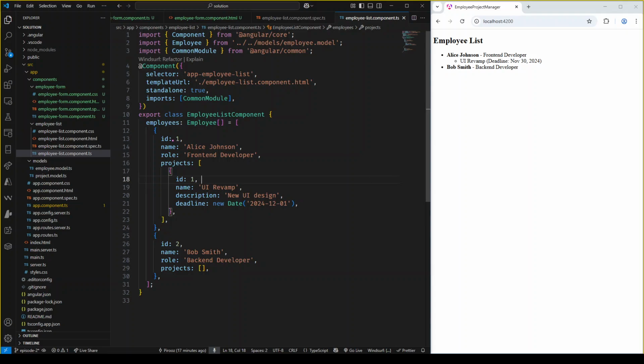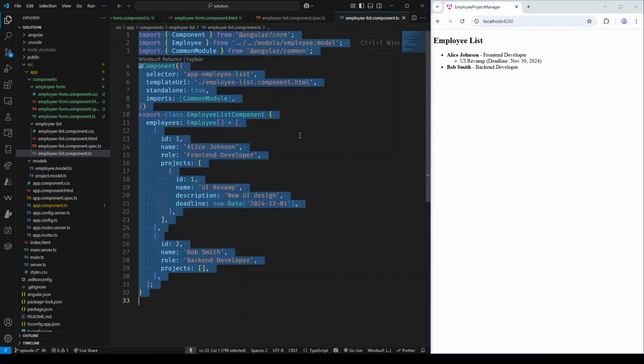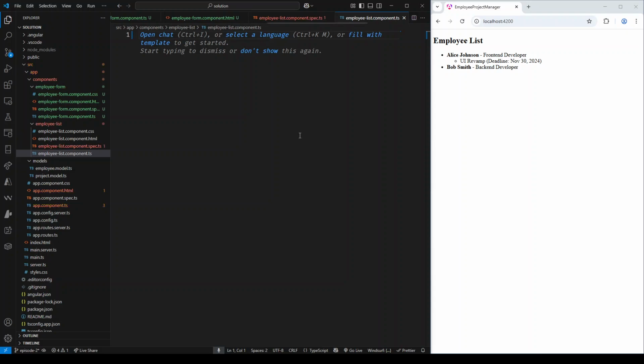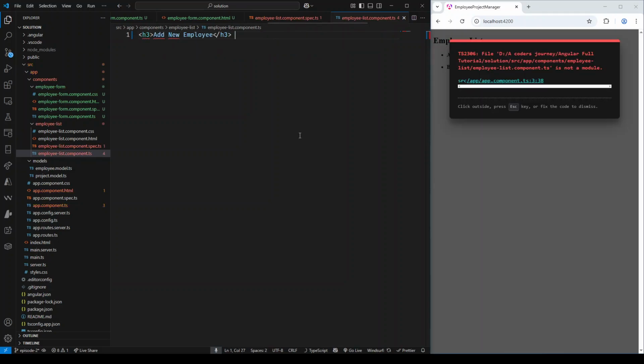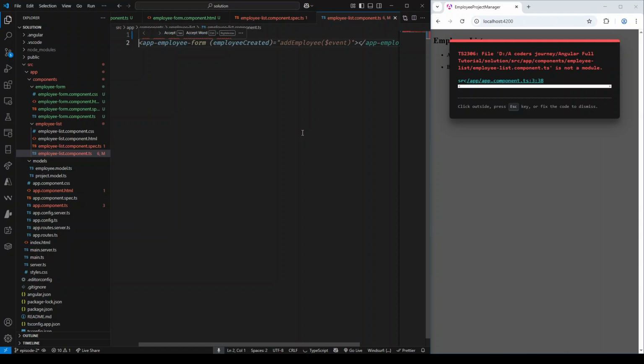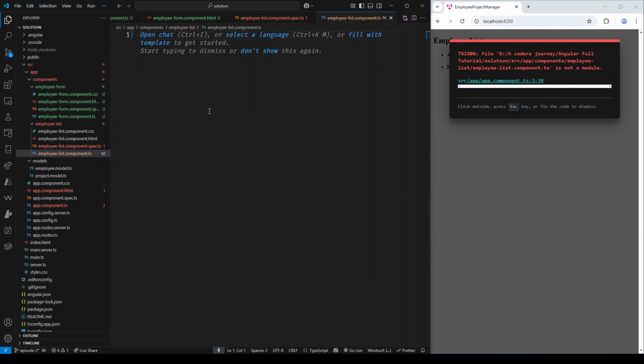So basically, this employee list component will be the parent of this employee form component. So the user, whenever we render employee list component, will not only see the list of employees, but there will be a form here to allow the user to enter the values for a new employee. So let me get rid of this, and I am going to write the code for the new